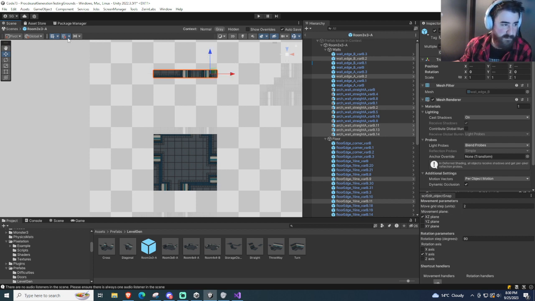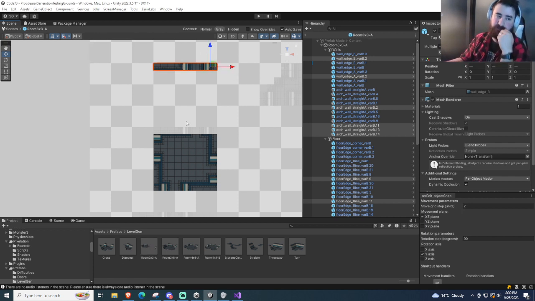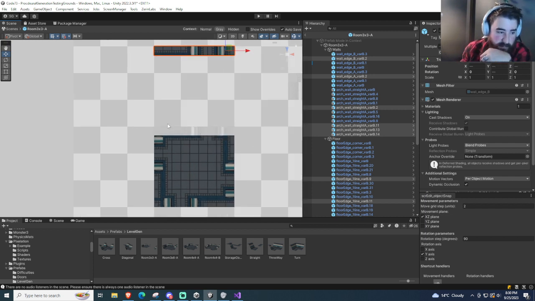Really? Oh no, this one's 1. I'm so confused. Okay, so now it's 1. The difference between snap increment and grid snapping. Oh, this is how much it moves per increment. I don't know. Okay. Anyways, so then I'm also going to take